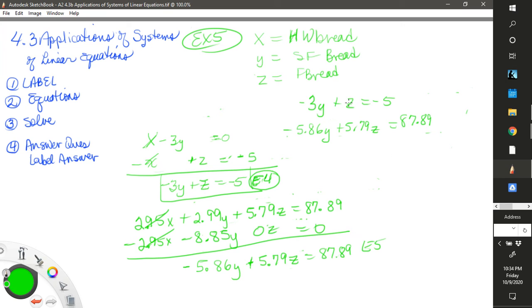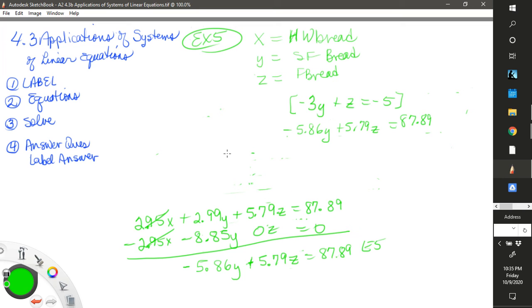The easiest way to do that is with z's. We'll take this z equation and we will multiply it by what we need to multiply it to cancel our z's, which will be a negative 5.79. Okay, negative 5.79 times 3 is, a negative times negative is going to be a positive 17.37y minus 5.79z,